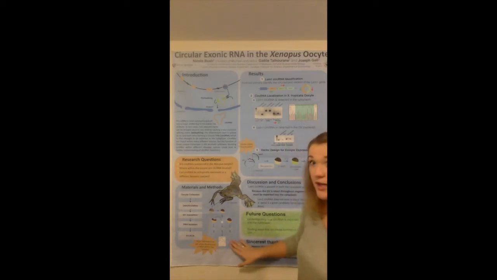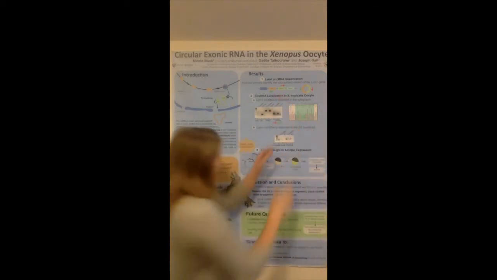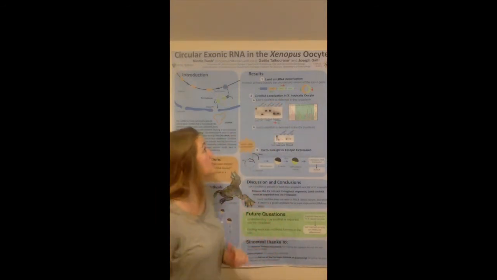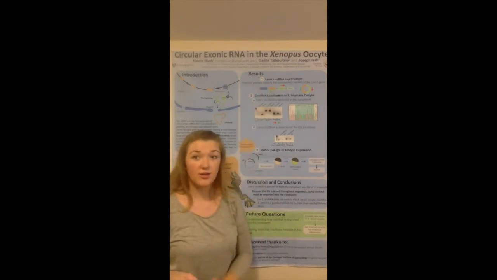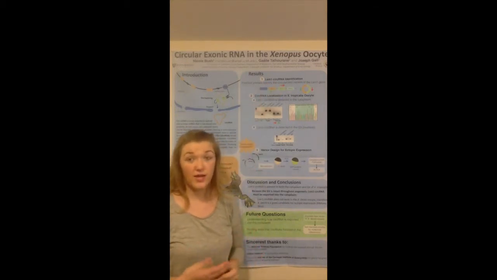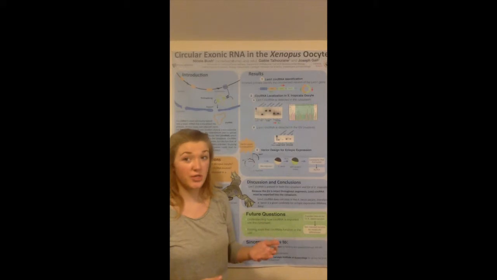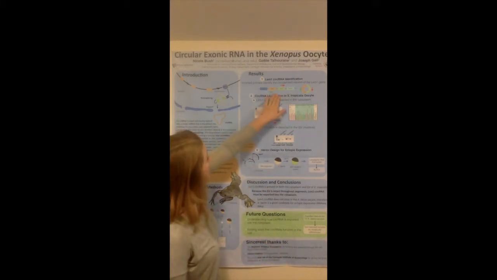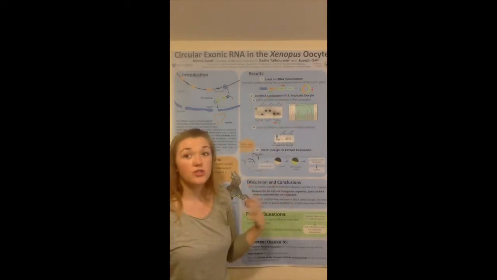So after this was done and I had my pure RNA samples, I then created a protocol in order to identify the circularized version of one gene. So we ended up picking the LSM1 gene, and we picked this gene because in our RNA-seq data, we found that it has an abundant circularized RNA. In order to prove that this really was a circRNA, we had to make sure that we could detect it in the cell. So what we did is we created inverted primers that will only show the circularized version of